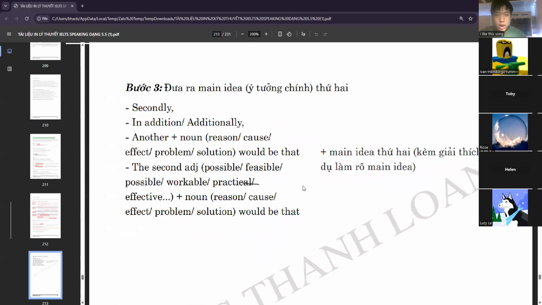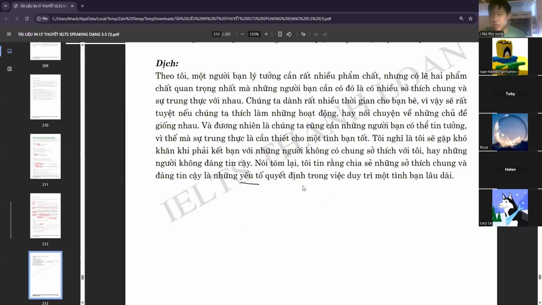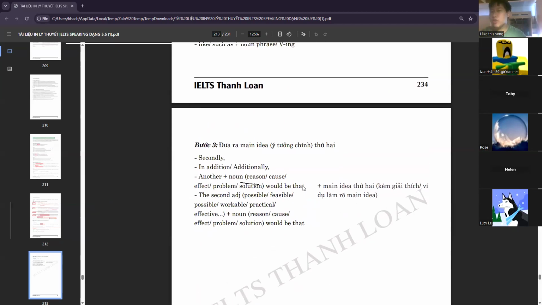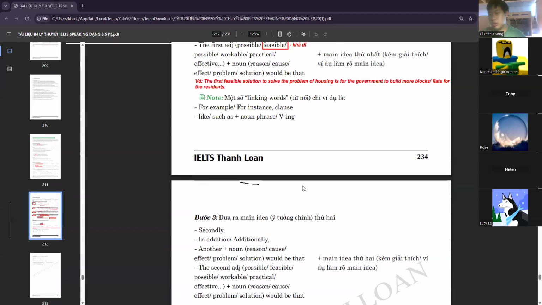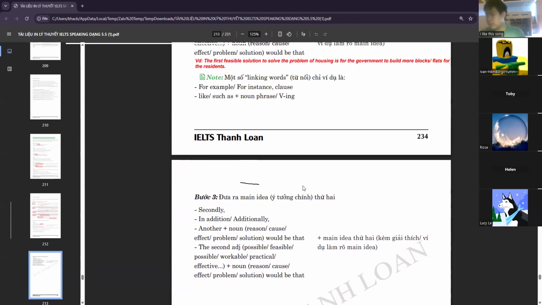Now you need to give your second main idea. Your second main idea would be the bit less developed one out of the two. So if you have a really developed first main idea, go all out on the first main idea. After you finish talking, if there's still a substantial amount of time, start your second main idea.